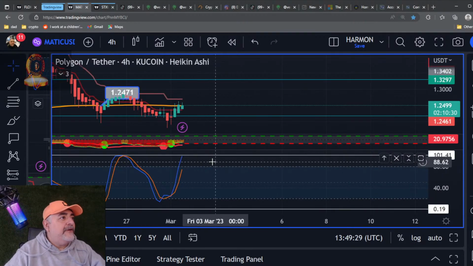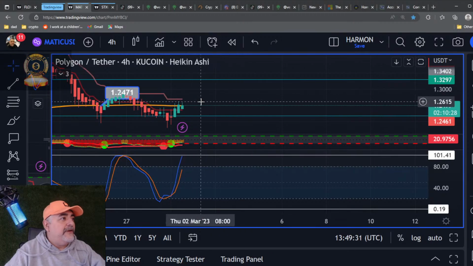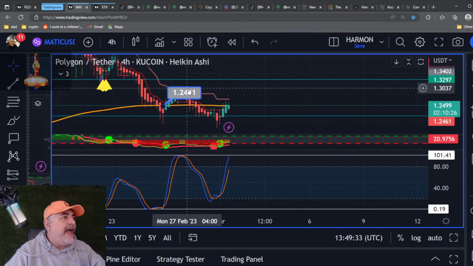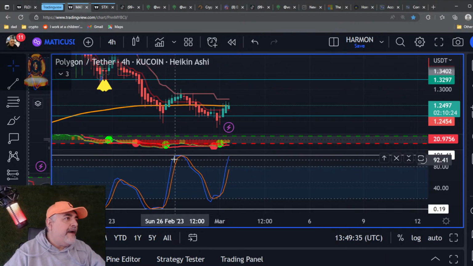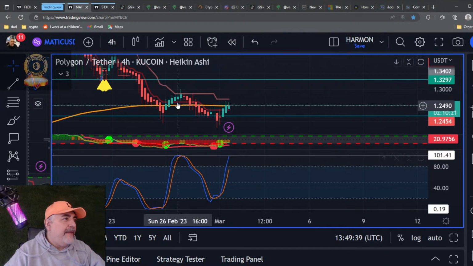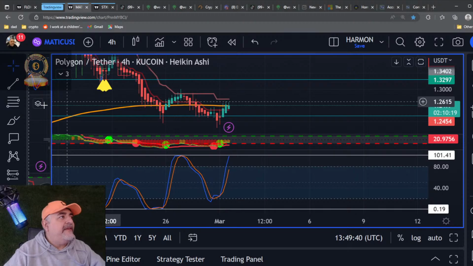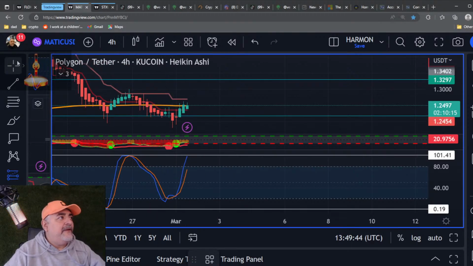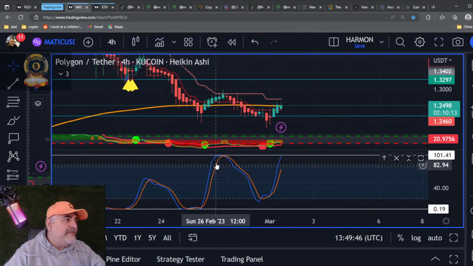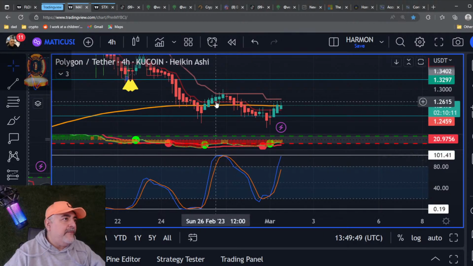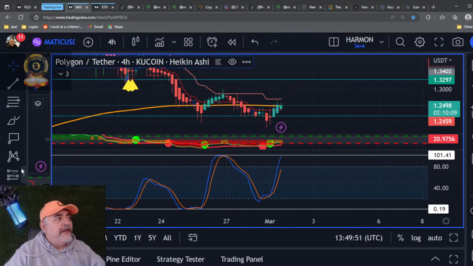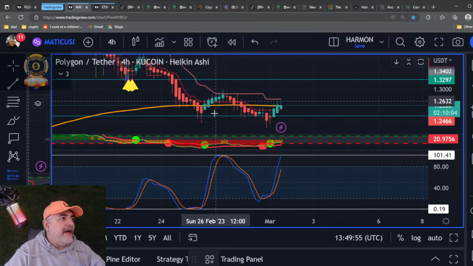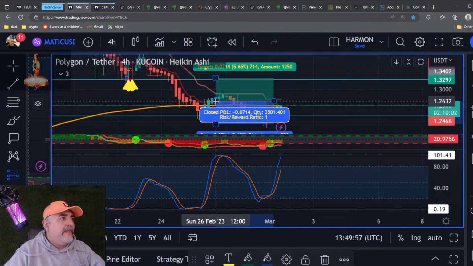As soon as this 4-hour starts to go sideways, you can see that when this happens, right? Let's delete this. When the 4-hour reaches the top and goes sideways, it happened right here at this moment. It does have the possibility of going up a certain percent. So who said it? Is it going to $1.27? So here's your Matic 4-hour, right? Reaches the top right here, right? And what I want to do here is grab a long position, right? So here's your 4-hour top right here, okay? Now the next movement for this basically